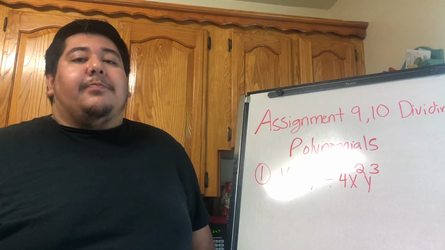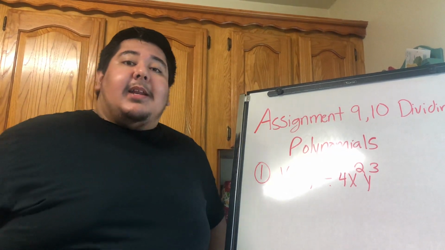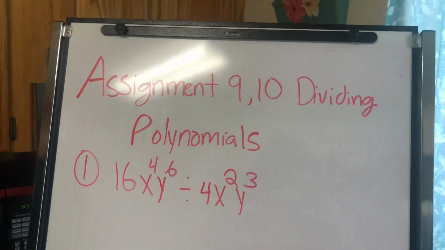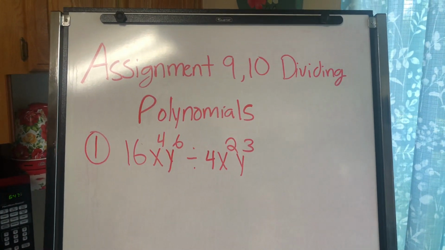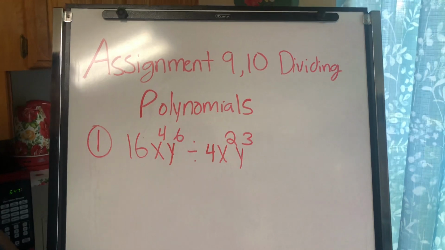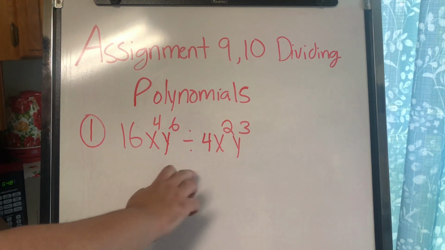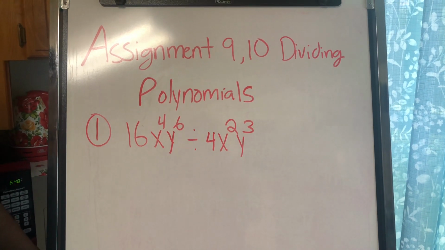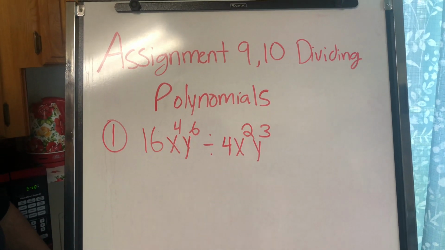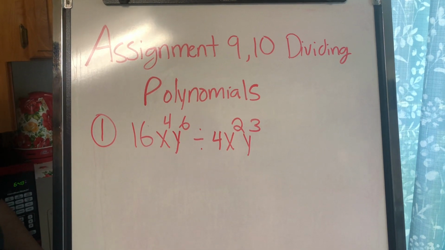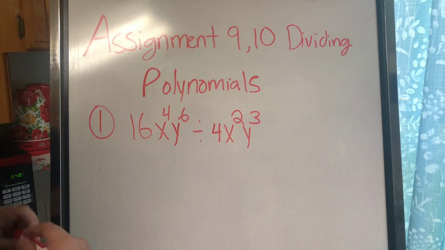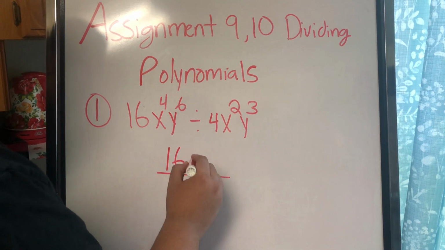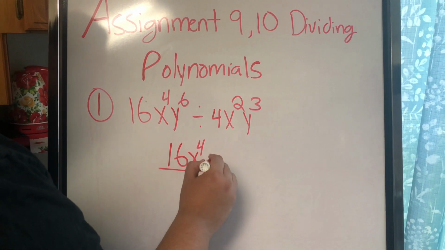Now, with that being said, let's actually jump into the assignment. Assignment 9 and 10, dividing polynomials. The thing I'm going to start off with is the way that I wrote example problem number 1. The way it looks is the same way it's going to be structured on the assignment. So whenever you get this problem, I always want you to rewrite it in this format. It makes it much easier to understand